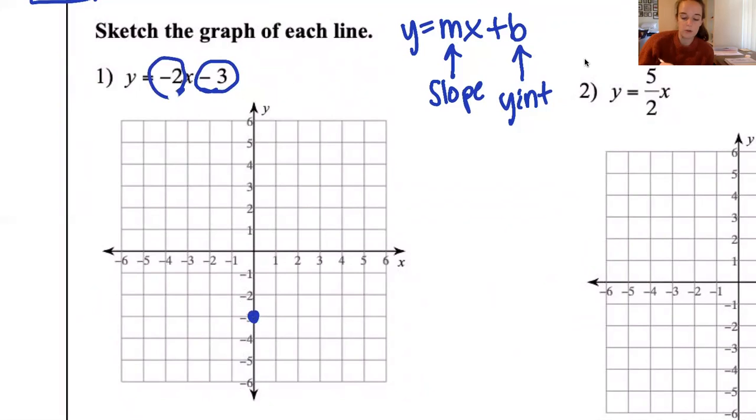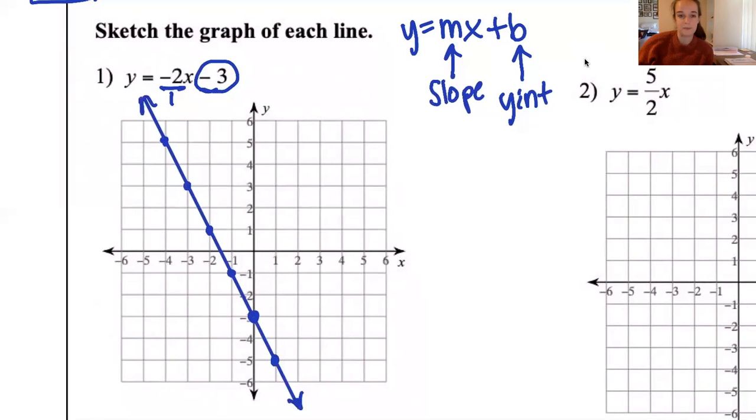Right, so since it's a whole number, it will be -2 over 1, down 2 to the right 1. We always go to the right. So down 2 to the right 1. I can see that I'm off my graph, so I'm going to go backwards. So it'll be up 2 and backwards 1, like so. Let me go ahead and draw a straight line that goes through all the points, put an arrow on both